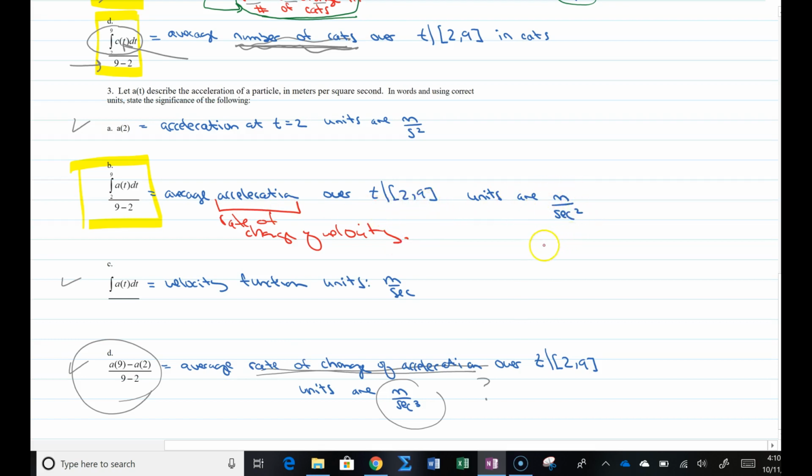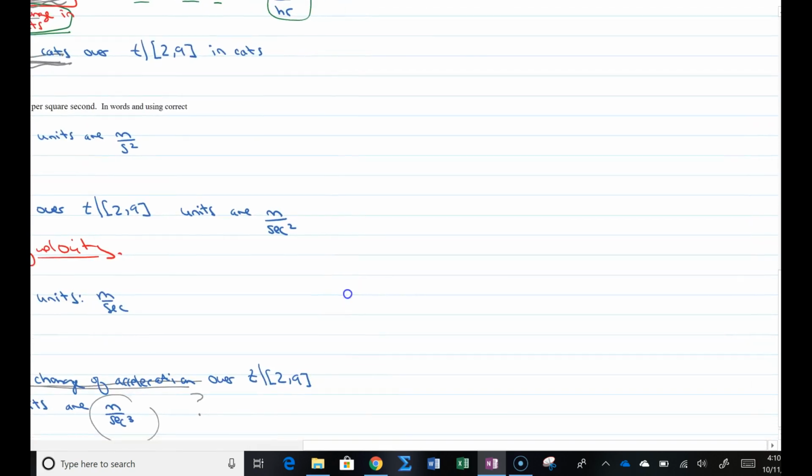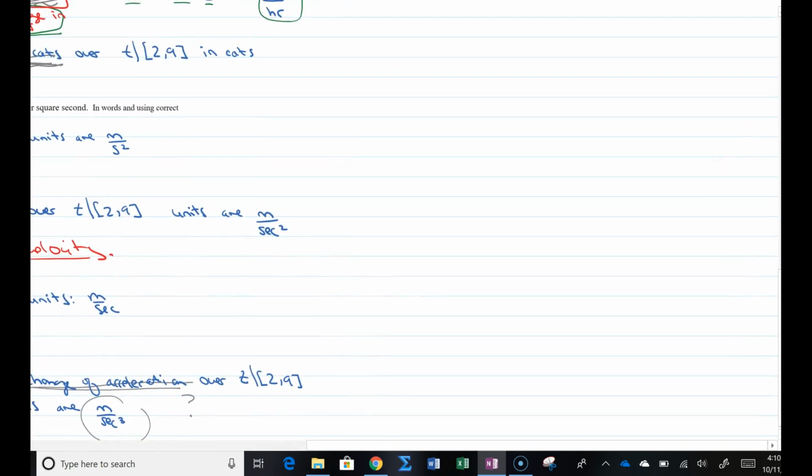Units are meters per second squared. But don't forget, rate of change of velocity is none other than just average acceleration. And once again, what I'm seeing is the thing which I'm finding the average value of is matching the integrand. All this is going towards the following, which is something called the